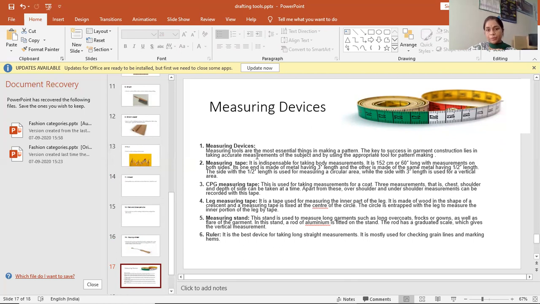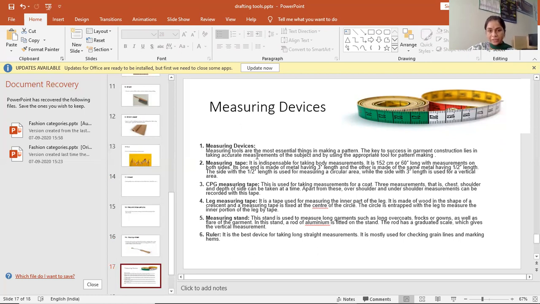Leg measuring tape. It is a tape used for measuring the inner part of the leg. It is made of wood in the shape of a crescent, and a measuring tape is fixed at the center of the circle. The circle is wrapped around the leg to measure the inner portion of the leg with this leg measuring tape.